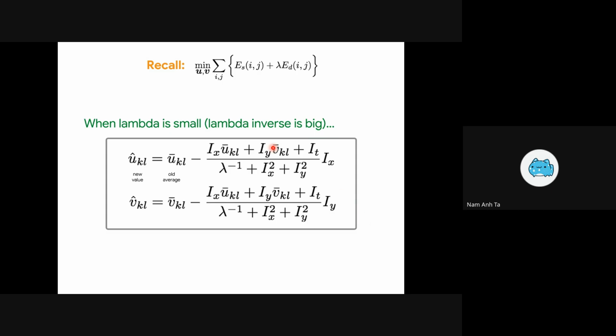And one thing to remind is the lambda. The lambda controls the balance between the brightness and the smoothness. So if the lambda is small, the algorithm will focus more heavily on the smoothness of the flow field. And as a side note, in the original Horn-Schunck paper, lambda is actually placed on the smoothness term rather than in the data term. So the lambda balances the smoothness and the brightness. So if the lambda is extremely small,